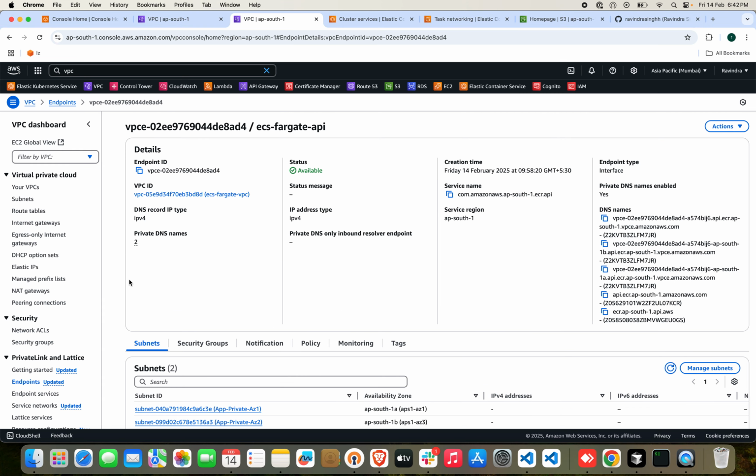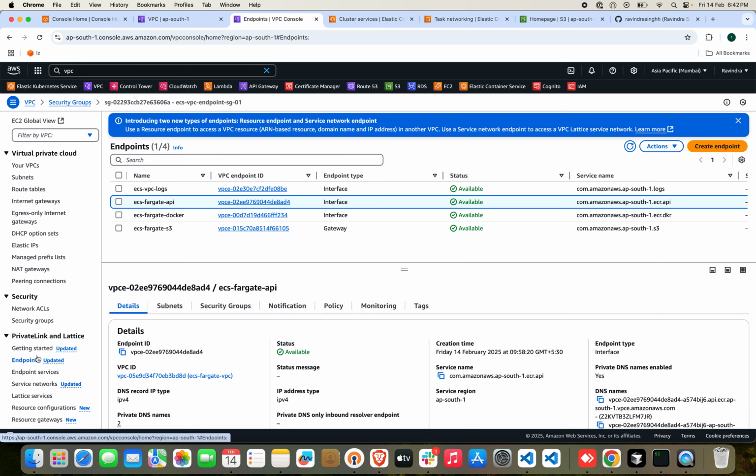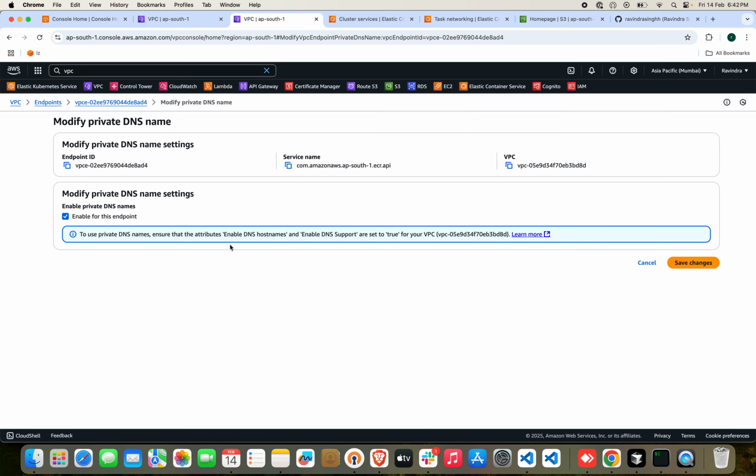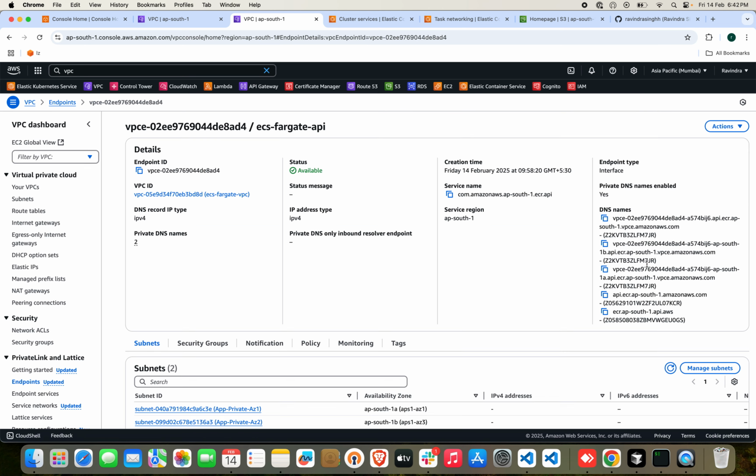Whenever you go to your VPC endpoint, for the API one, you have to click here, and in the action you have to enable this private DNS. Okay, and after that you have to copy this one, and I will provide you the command from where you can create the ECR repository. Okay, so before that,